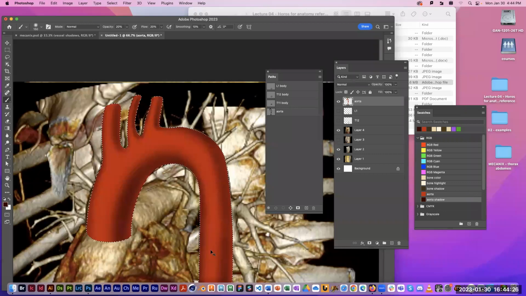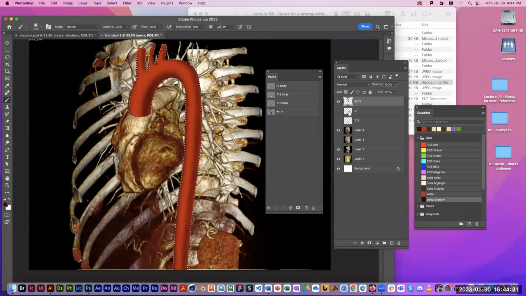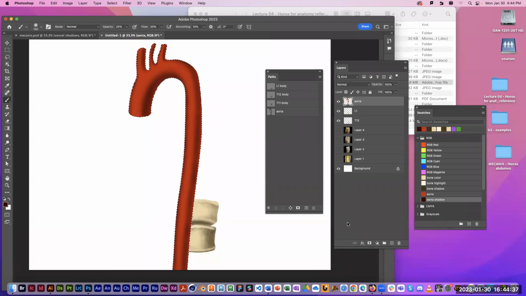Okay, I got to show you one other thing before I run out of time completely. So what do we got here? We got an aorta and a couple of vertebrae. I'd have to throw highlights in there. I'd have a bunch more to do, but last thing I want to show you here is